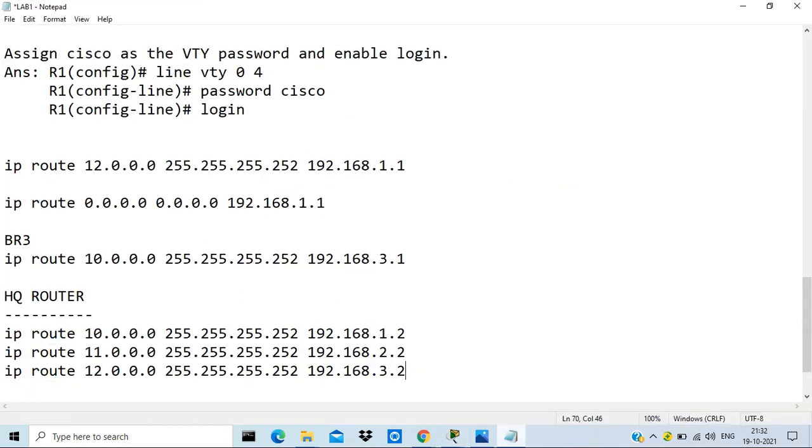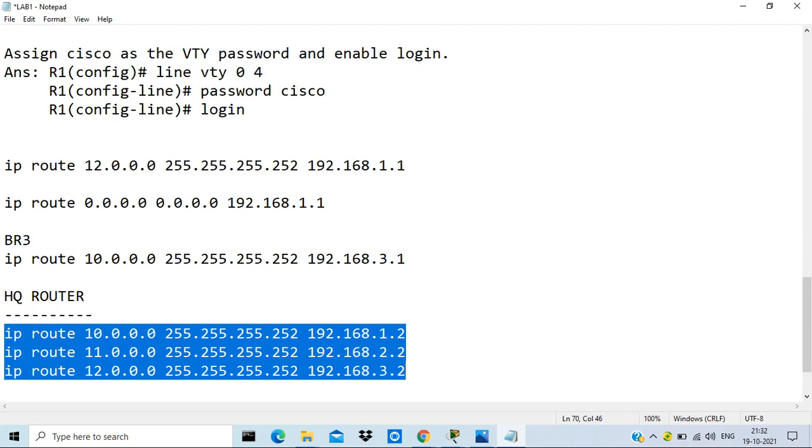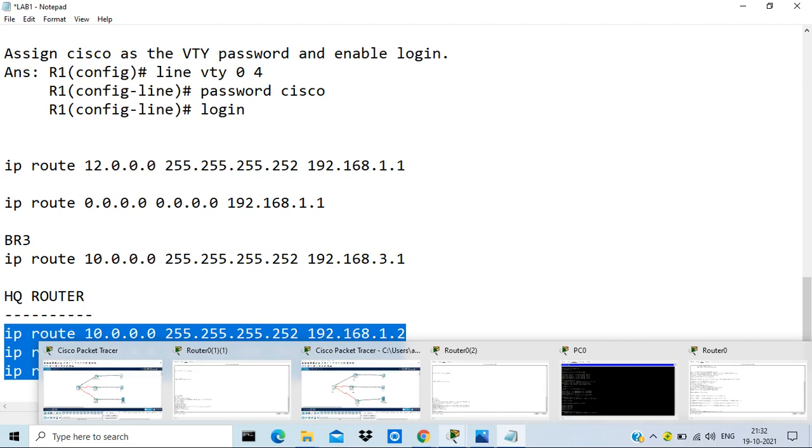So if I copy these three routes, you can paste them together. You can give them singly also, or if you have the routes already copied somewhere, you can copy and paste them directly.